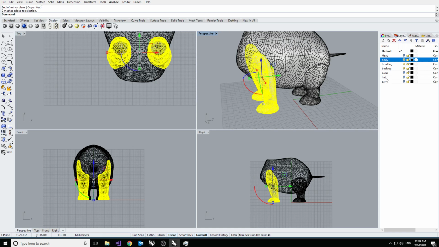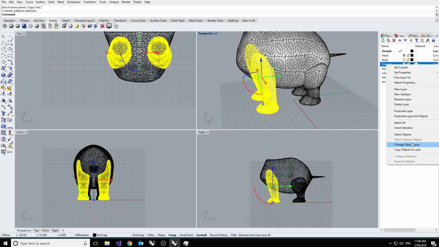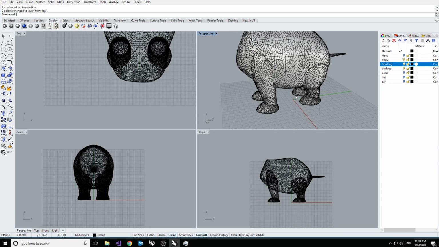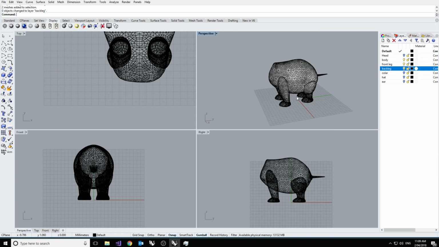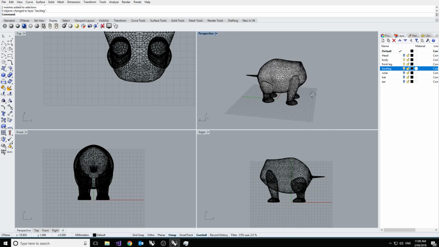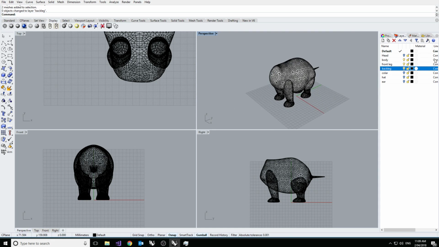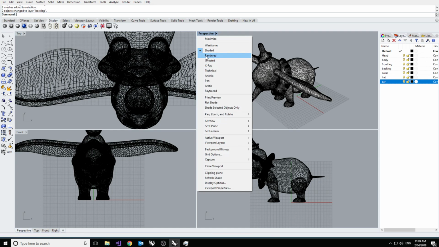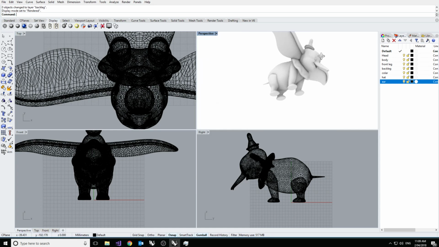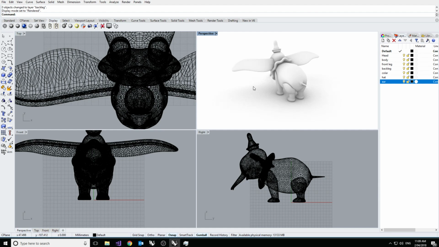Both of these. Change object layer, and both of those to the back leg. Change object layer. And now we have all the components we need to start taking this into the next program. You've gone from a mucky little elephant to something that we're ready to start posing when we go over into